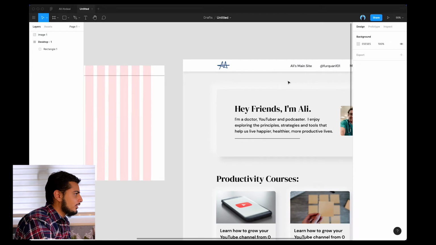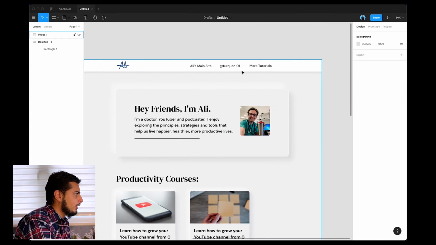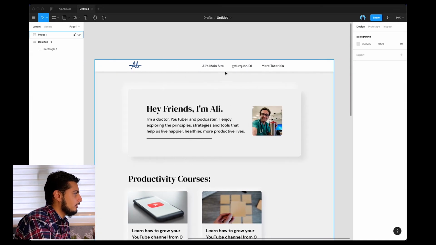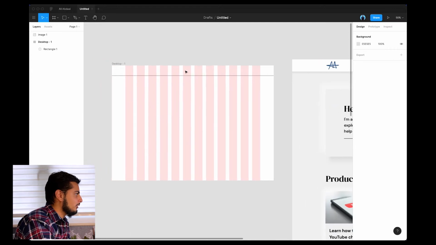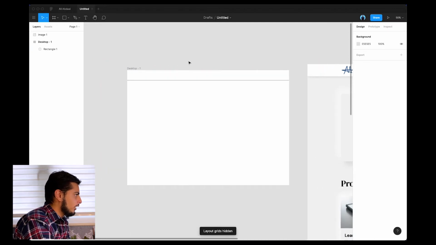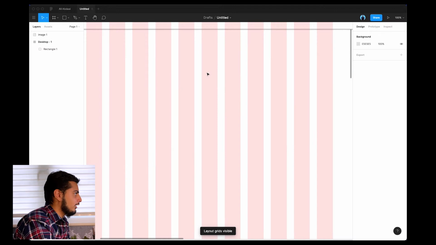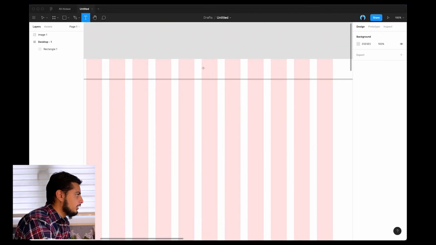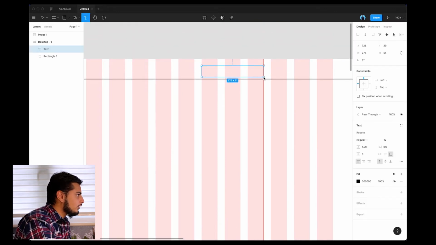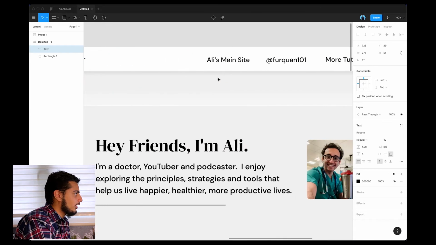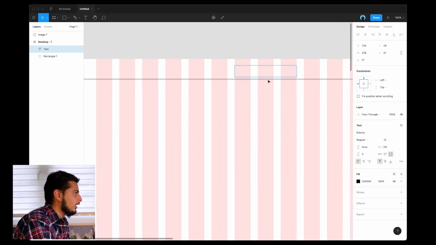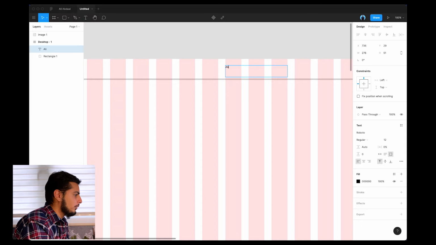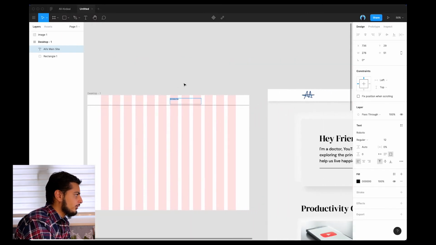So we basically want to put some text here, so this is going to be the navigation options. So simply all you have to do is press T to get a text box up. So this is what we're going to put in the text here, like Ali's main site. I'm just going to quickly pad all of this out, and then so what we want to do is start creating some